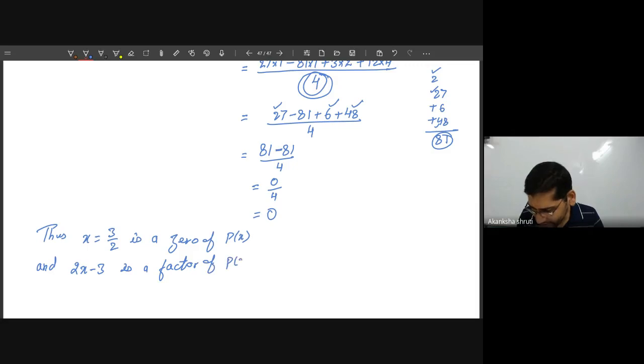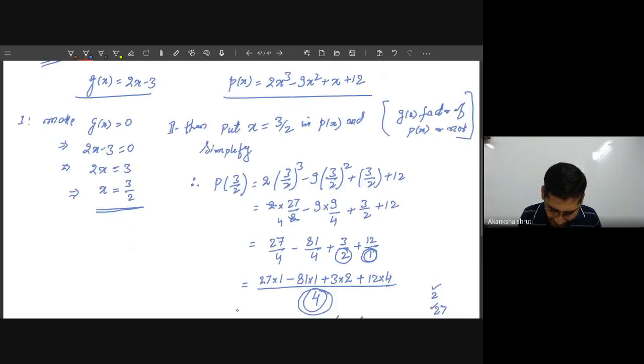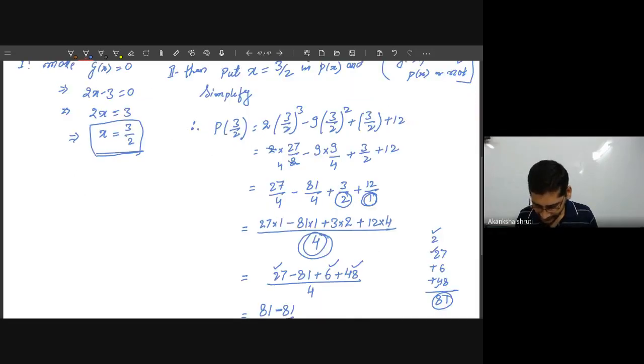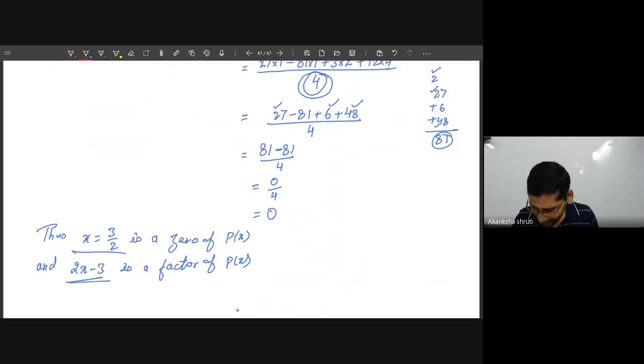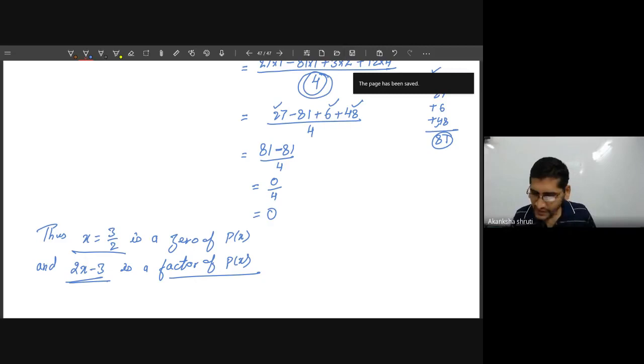px. यही चीज, क्योंकि हमने x इक्वल्स टू 3/2 कहां से निकाला है बच्चों? ये हमने इसी जो gx का वैल्यू है 2x minus 3, इसको 0 इक्वेट करके निकाला था. सो यदि मैं इसे रिवर्स करूं तो देन वी कैन गेट 2x minus 3. So therefore this is the factor of our px. So this way you have to do it. Okay student?